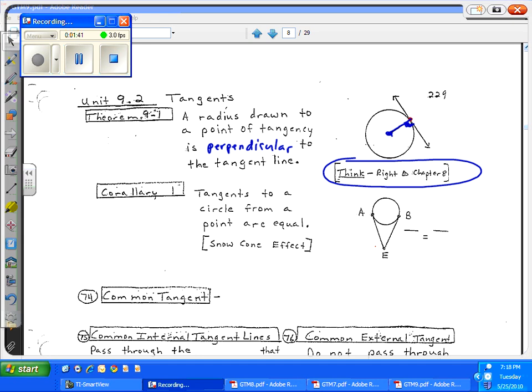Tangents to a circle from a point outside are equal. I call this the snow cone effect. We could draw a tangent to the circle and it would hit at this side at a point of tangency. We could draw a tangent to the other side. That theorem says that those two are equal. Segment AE is equal to segment BE. Tangents to a circle from a point outside are equal. Again, I call that the snow cone effect. It just kind of looks like a snow cone. Anyway,